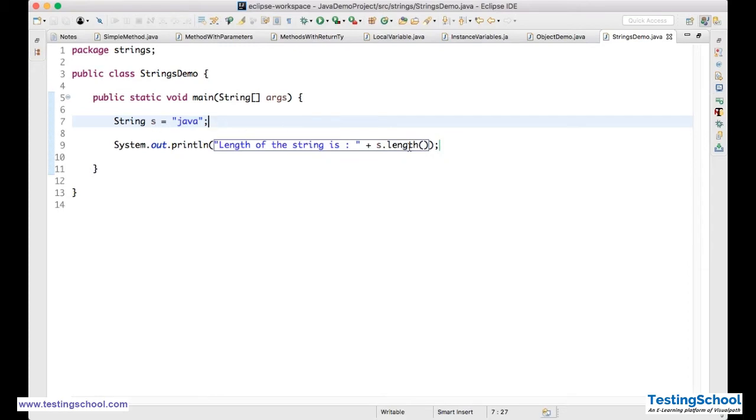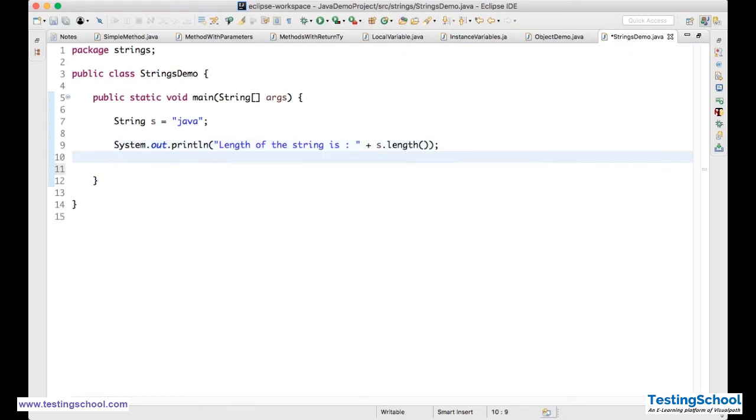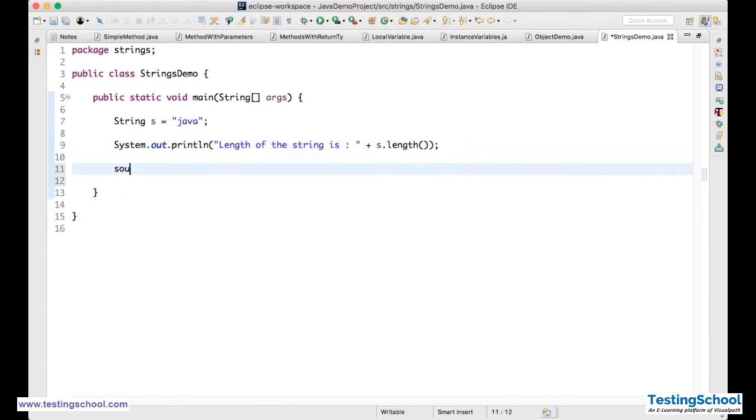Now we'll see one by one. Okay. Now how do you concatenate two strings? We already saw first name and last name, right? But here again we'll see. System.out.println, concatenation of two strings.